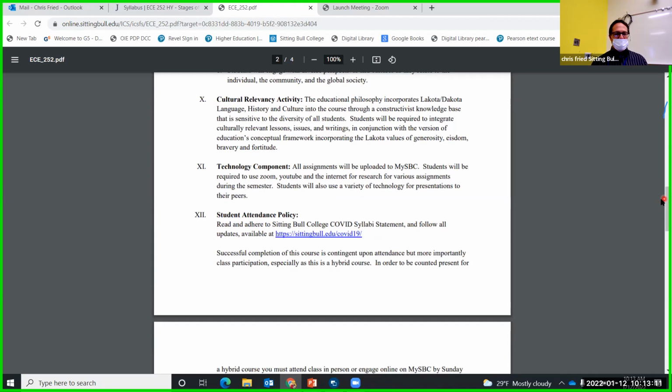Cultural relevancy activities. So our educational philosophy incorporates Lakota, Dakota language, history, and culture into this course, hopefully, especially as we're looking through a multicultural perspective with our book. If we do some lessons, we're going to incorporate culturally relevant background information, not necessarily just Native American cultures and backgrounds, but what are some different perspectives or backgrounds that we might come across in different places of the state, right?